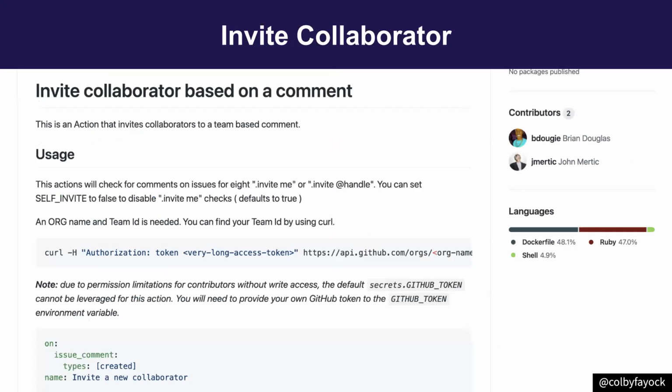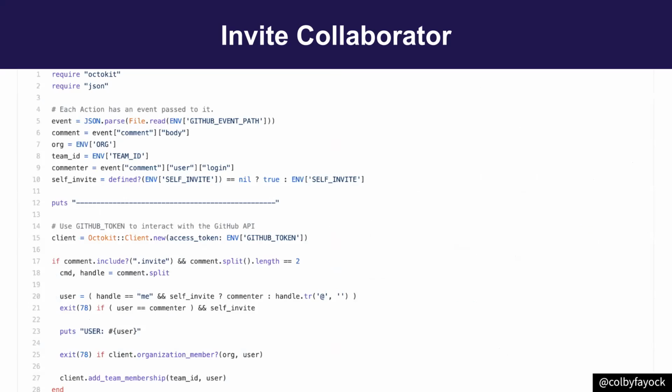Brian Douglas, who works at GitHub as a developer advocate, particularly working with actions, likes to create very focused actions based on his work with the community, as well as his actual community open source. Like here, where he listens to comments on GitHub issues and provides an invite mechanism for a GitHub team. He hooks into the GitHub ecosystem using Probot, particularly here Ruby flavored, and runs a Ruby script to handle all that logic. It can even check if somebody's trying to add themselves, which, depending on the hackathon, might not be